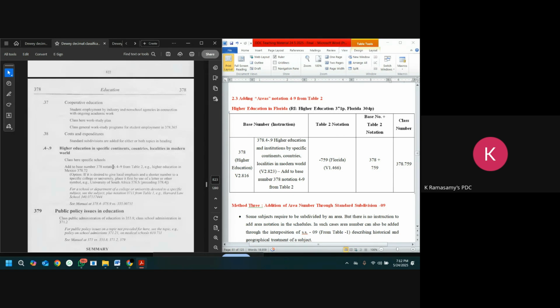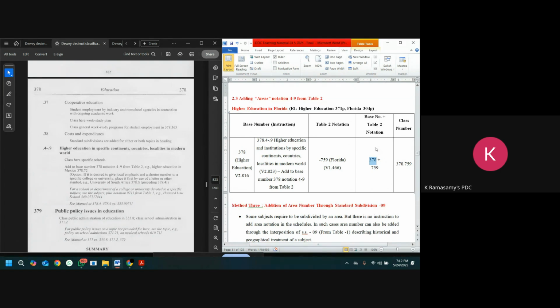The instruction reads here, add to base number 378. What is the base number? 378 is a base number. To this base number, what number can be added? The number 4 to 9 taken from table 2. Go to table 2, take any number from 4 to 9, you can add it to 378. So 378 plus 759. The answer is